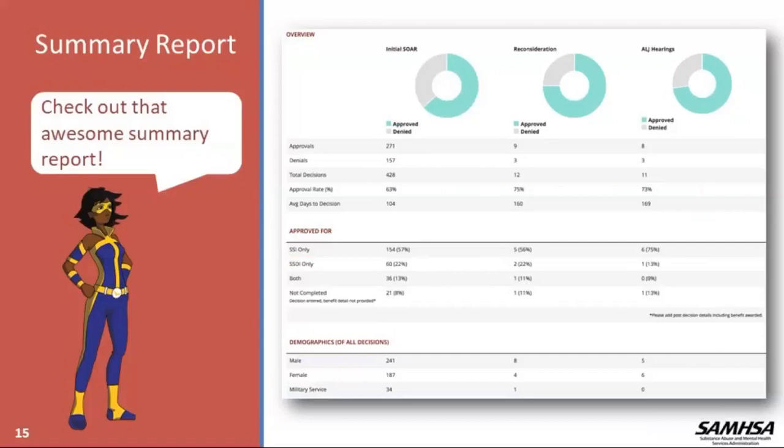And then I'm going to show you a screenshot of one report, and then a few of our other speakers today will show you a few of the other reports that we have in the system and how they're used. But what's nice about these summary reports is we have a lot of filtering options where you can look at the number of cases and the average approval rate and days to decision in different time periods, for different application characteristics, for different locations, for different ages of applicants, if you want to look at veterans only, all of that. So there's lots of great filters that you can use to kind of drill down to the information that you're looking for.